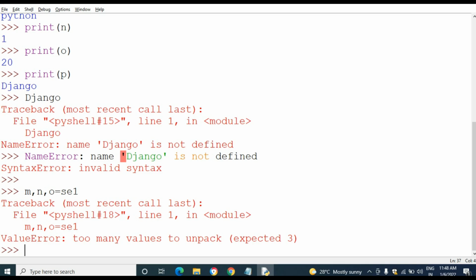But here I have taken only 3 variables to unpack, so it throws a ValueError, too many values to unpack.